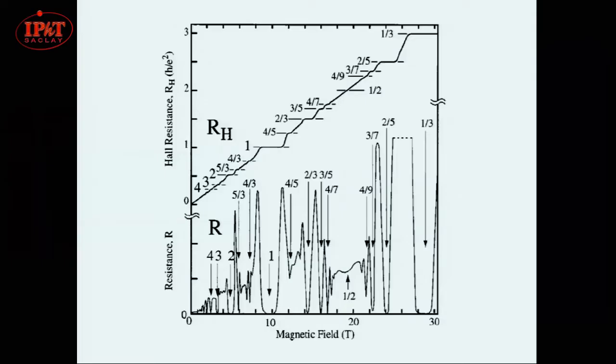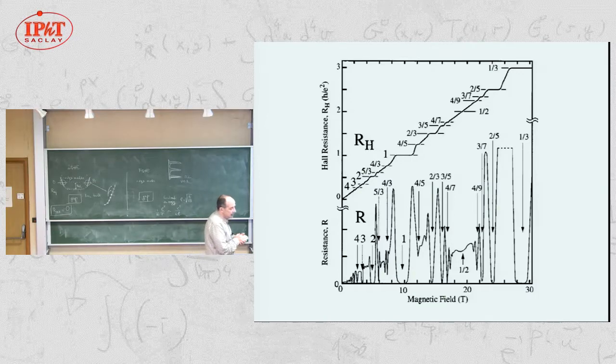Let me go a little bit forward. So that's the general experimental result on a sample with very high mobility, where we see that this fractional quantum Hall effect appears for many, many fractions, rational fractions, occupation of the Landau levels. Okay? So certainly, we see that this phenomenon appears when the filling factor is lower than 1,